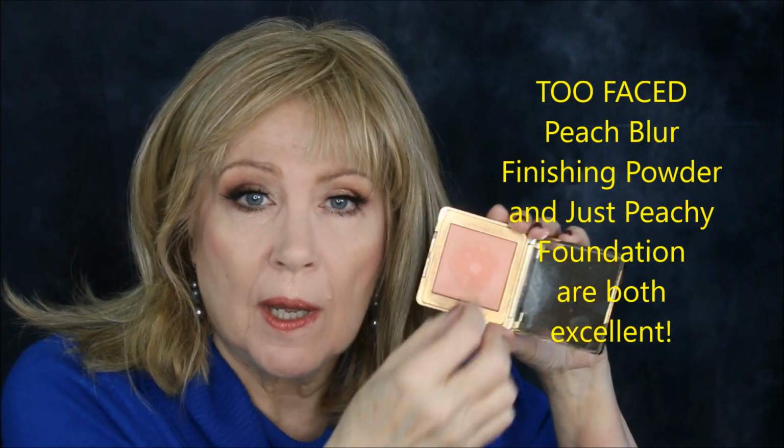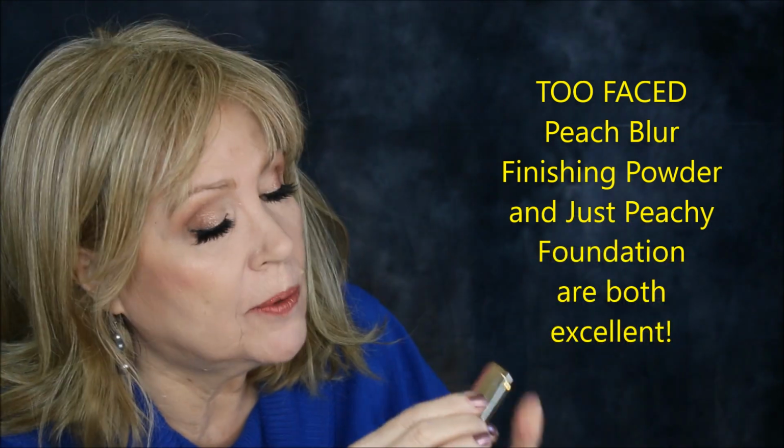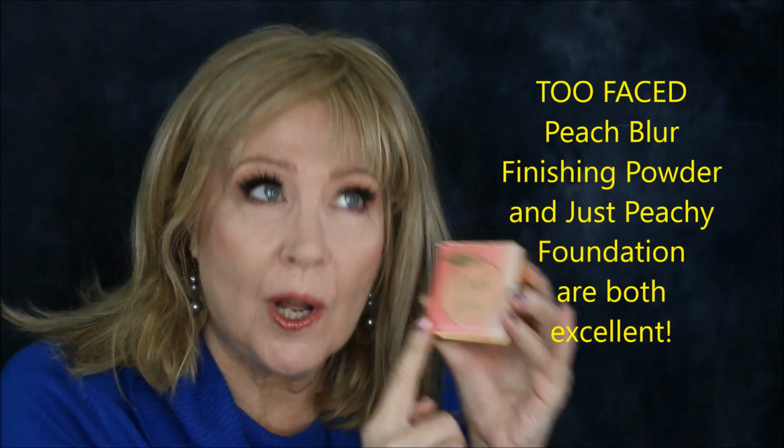But I really like it. I have to break into this with like a little toothpick. I will break into this because it does harden in the pan. Maybe that's why it's at TJ Maxx, I don't know. But the Just Peachy foundation is also excellent. If you see the Just Peachy foundation, swatch it and get your color and give it a try because it's really nice. Some people are put off by the scent that Too Faced adds to a lot of their products,